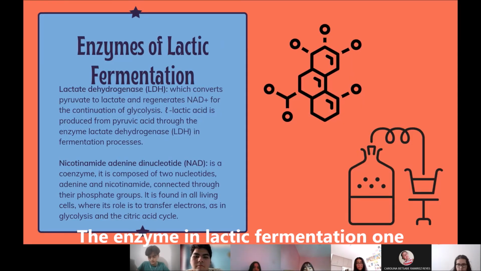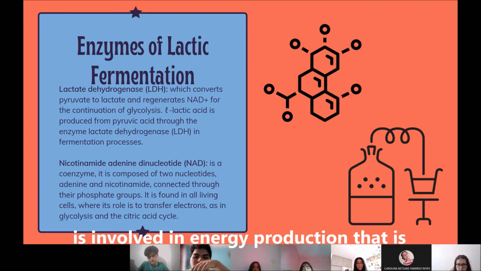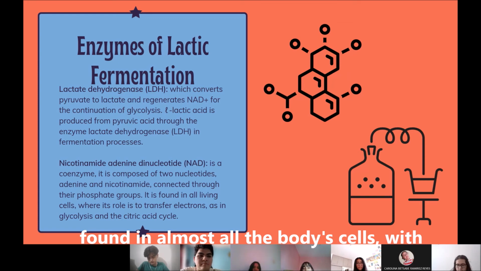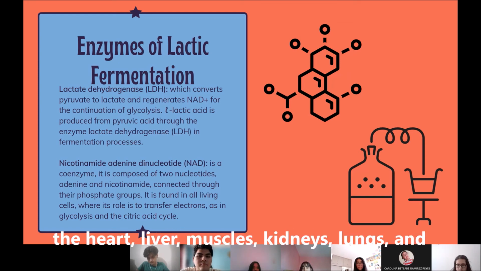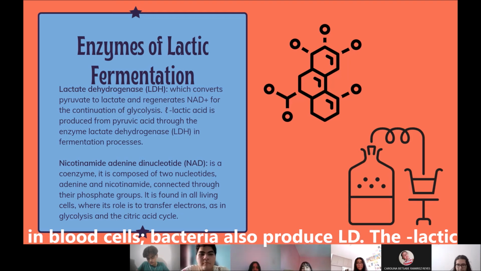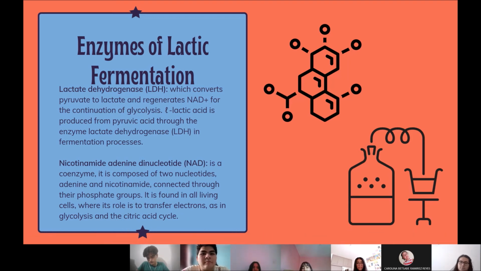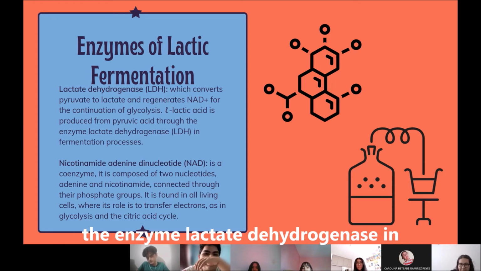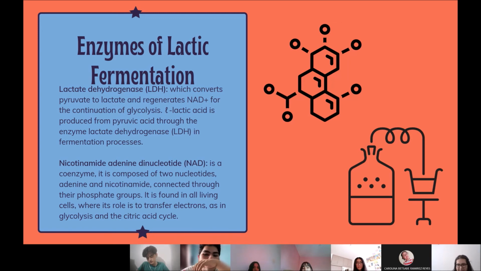The enzyme in lactic fermentation is lactate dehydrogenase. It is involved in energy production and is found in almost all of the body cells, with the highest levels found in the cells of the heart, liver, muscles, kidneys, lungs, and in blood cells. Bacteria also produce LDH. The lactic acid is produced from pyruvic acid through the enzyme lactate dehydrogenase in the fermentation process,